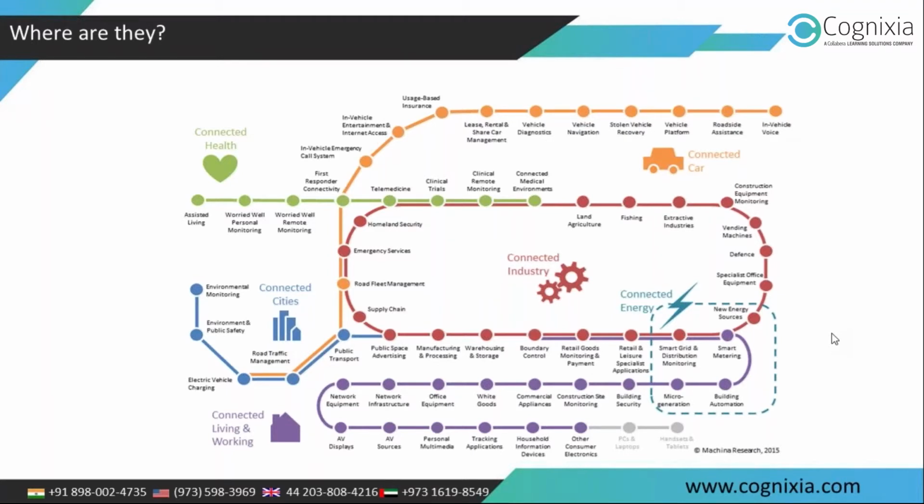So these are the two guidelines which have been helping manufacturing industries to adopt IoT in a manner which will help them get the maximum out of it. If you look at the connected car, this is one of the areas where you would find lots of innovation, and it has been anticipated that by 2020 we'll have 90% of cars connected to internet. Again, this is one of the areas where new business models are emerging and evolving.